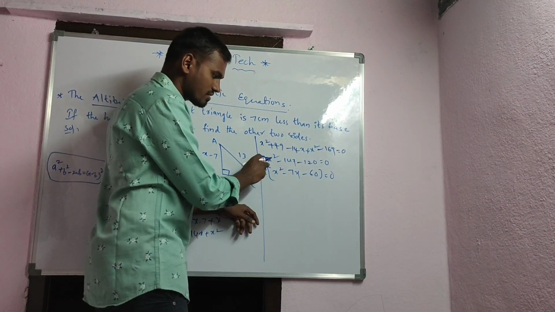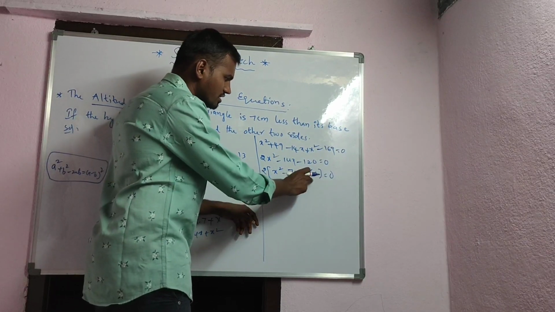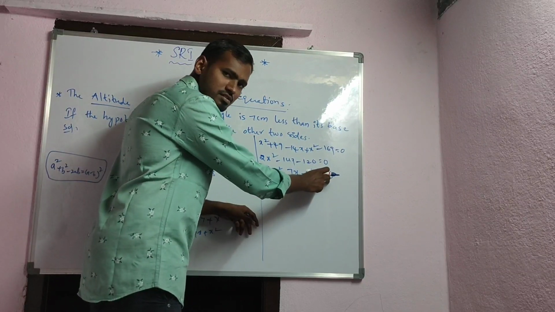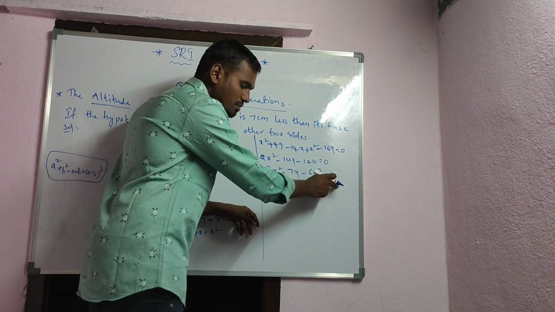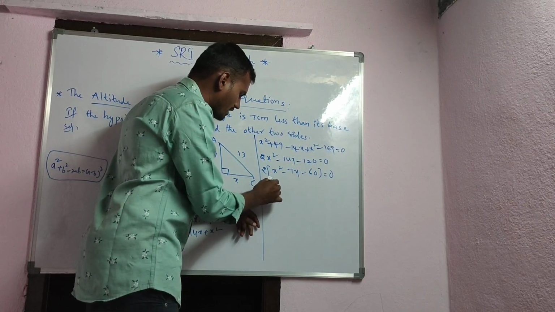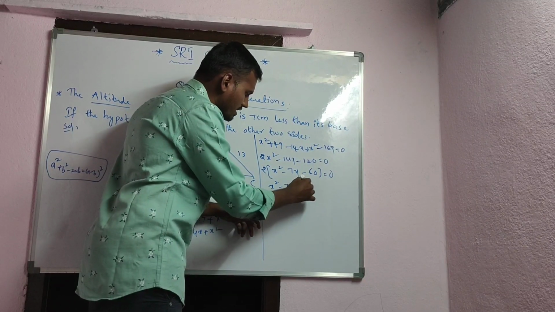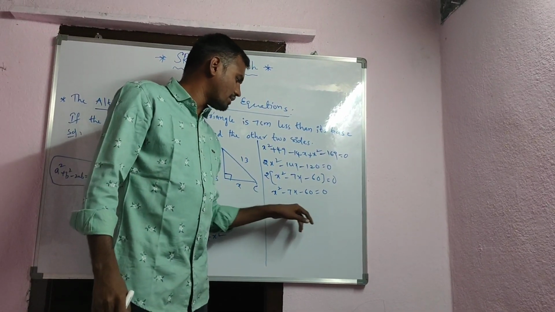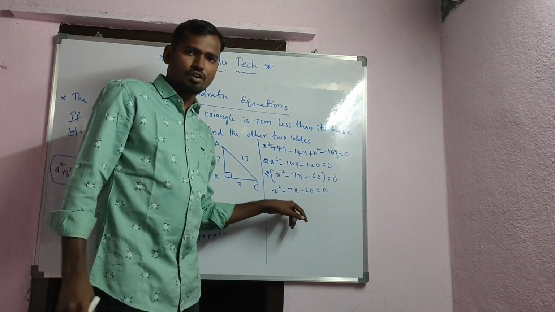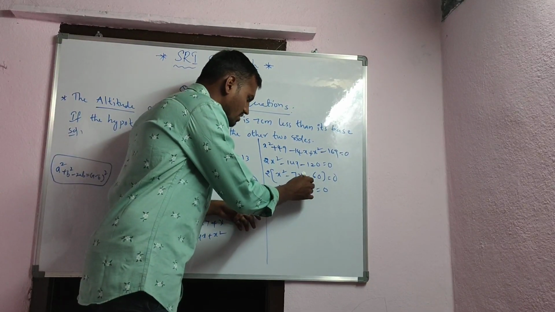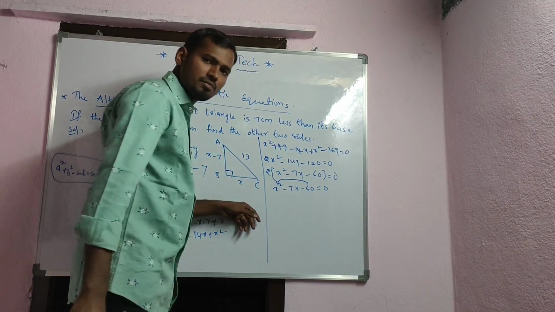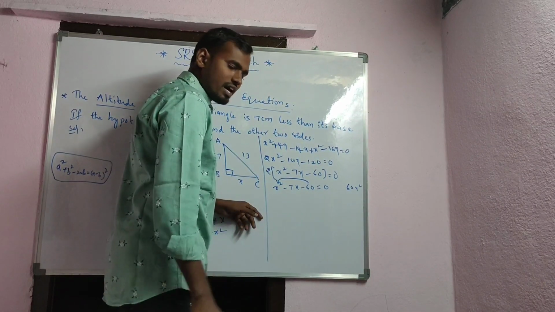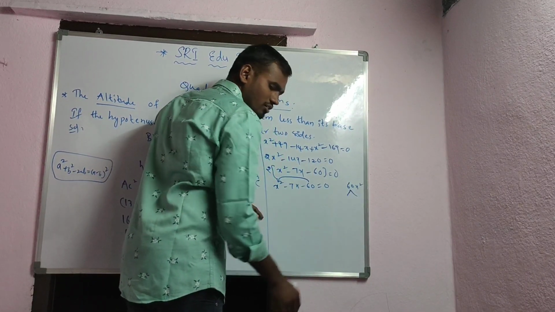2 into x square, 2x square, 2 sevens are 14x, 2 into 60, 120. Okay, right, these two multiply here, then transfers to RHS, it becomes divided by, then 0 by something is 0. Okay, let's see, I am writing x square minus 7x minus 60 is equal to 0. Okay, right, here you have to find the factors. You know already, just multiply first and last terms, that is x square into 60, 60x square. Okay, right? So now write down the factors of these 60.